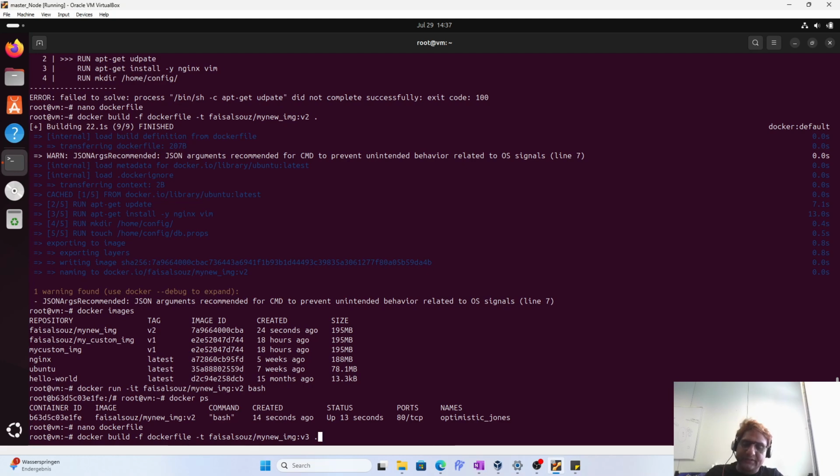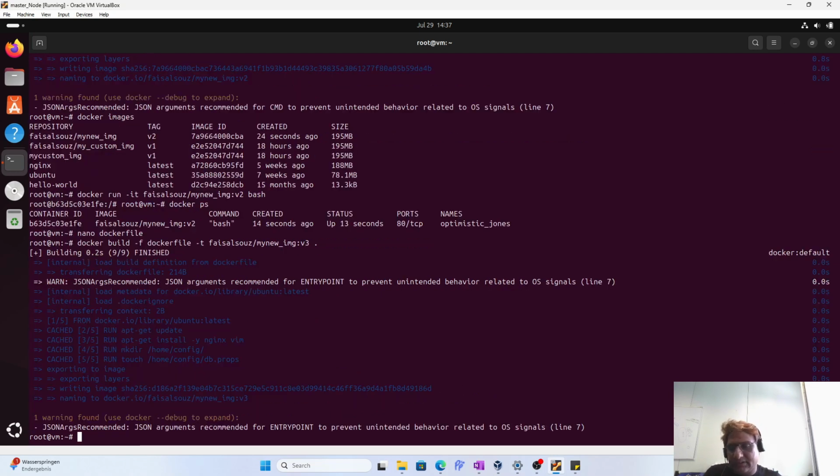Otherwise, if my file is somewhere else, for example in user share HTML or something like that, I have to give that path. And I don't have any other artifacts, and that's why I give this. Now you can see that I have created an image with the ENTRYPOINT. Right. And now if I want to Docker run interactive,